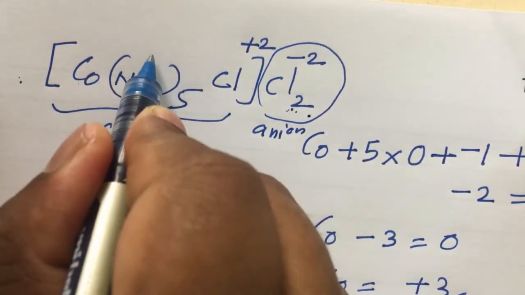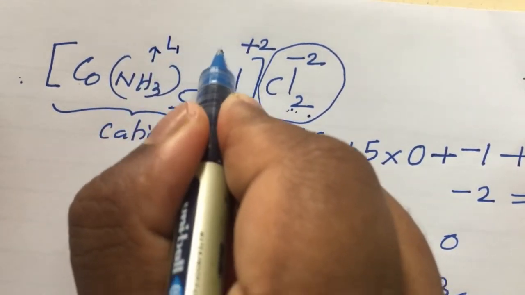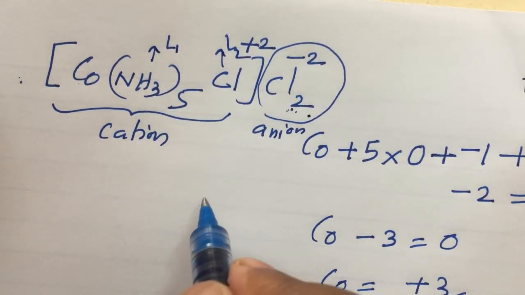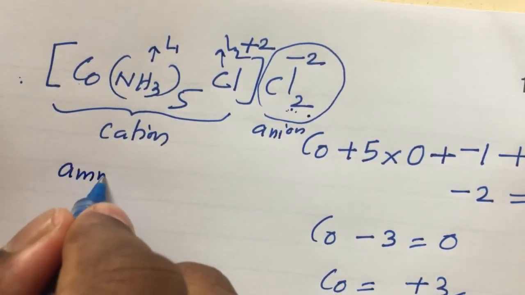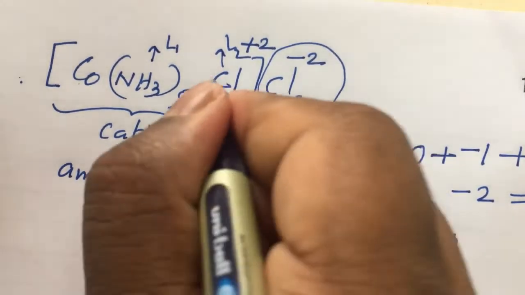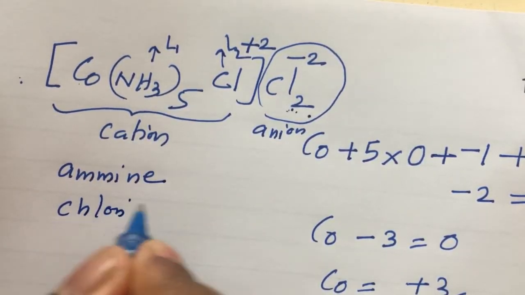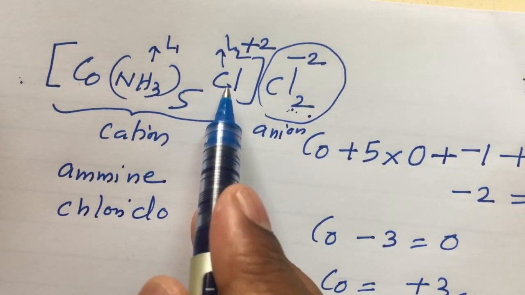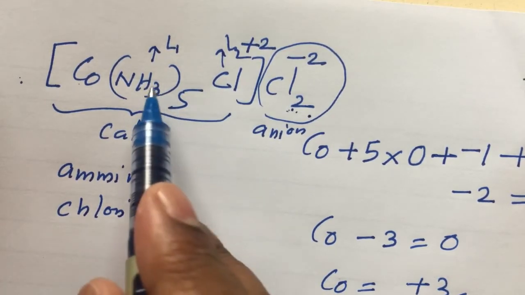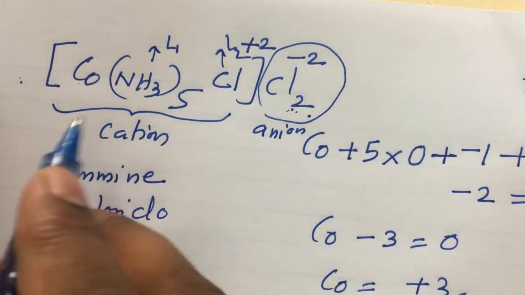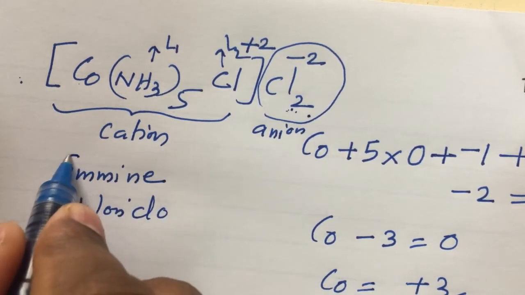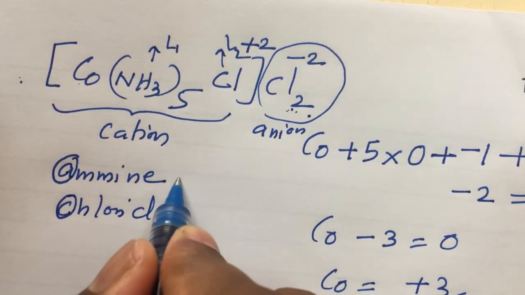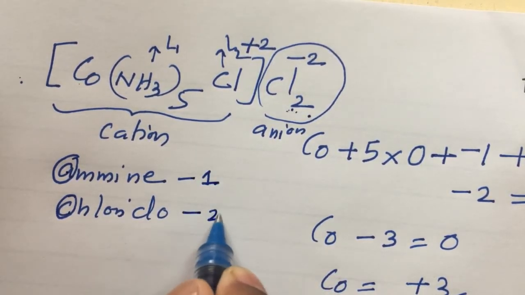Okay. Now in the cation, ligand and metal are present. Here there are two ligands, ligand 1, ligand 2. Out of these two ligands, which one will come first? NH3, what is the name of the ligand? Amine. Cl is chlorido. Okay, in coordination complexes, the ligand name for chlorine is chlorido, and for NH3, not ammonia, amine. If two ligands come, what will you do? Check the alphabetical order, A and C. So in alphabetical order, amine comes first, chlorido comes second.